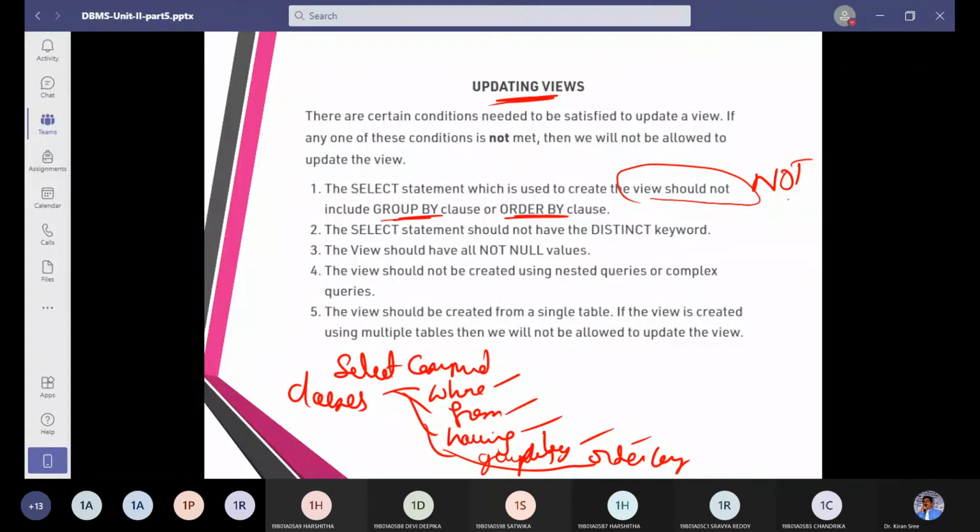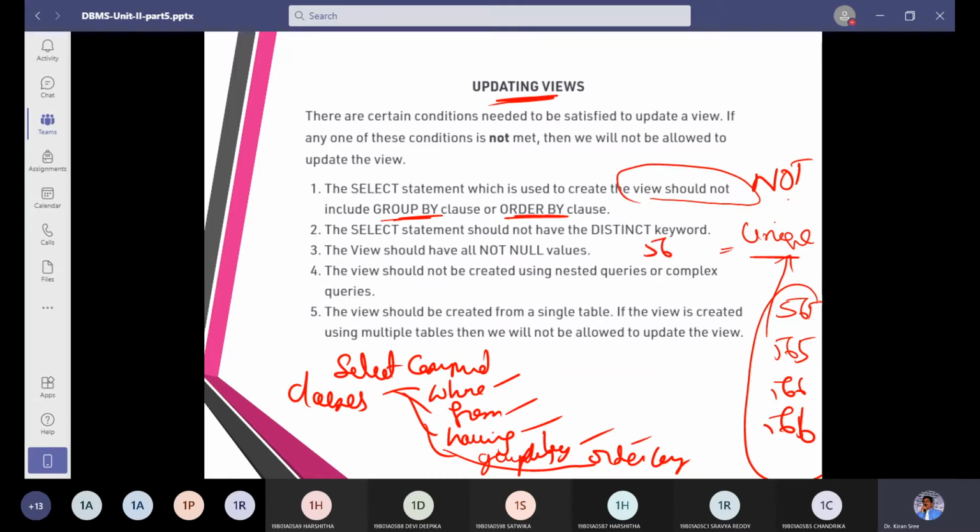Next line. I want unique values. So assume 565, 565, 566, 566. Now I want unique, that means only 565 and 566, no duplicates. That is called distinct.